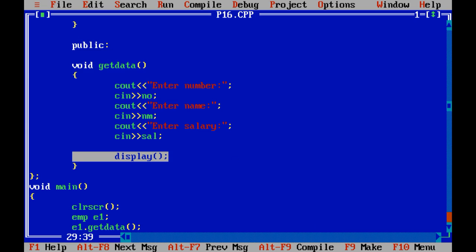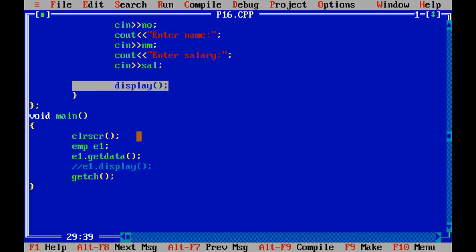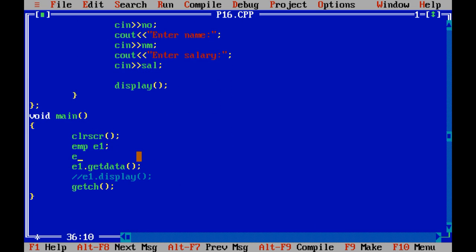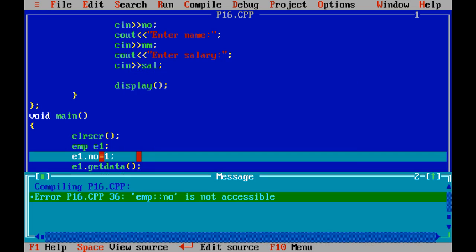One more thing I want to show you over here. Suppose I use the statement e1.number, right? As we know, number is a private variable of the employee class, so this also cannot be possible. Employee number is not accessible. Why?